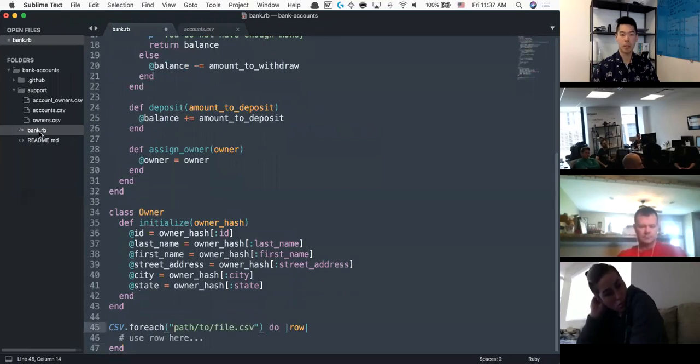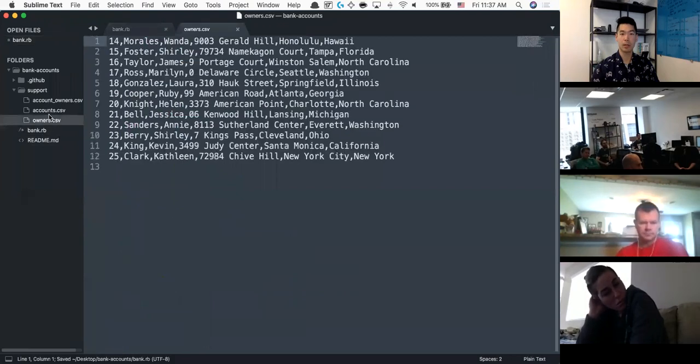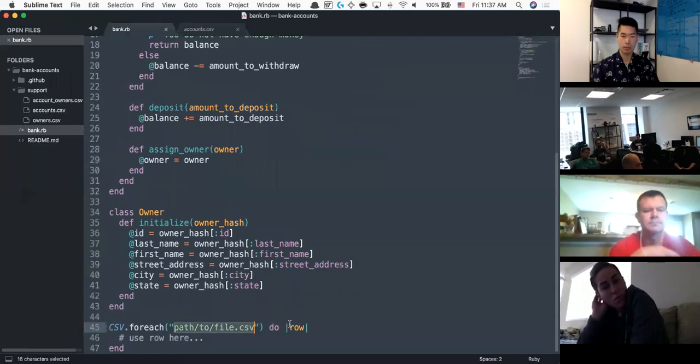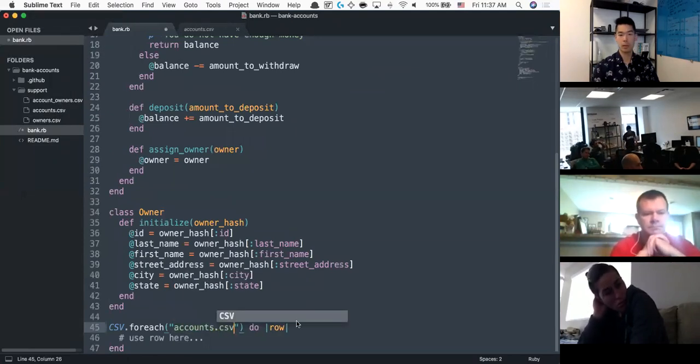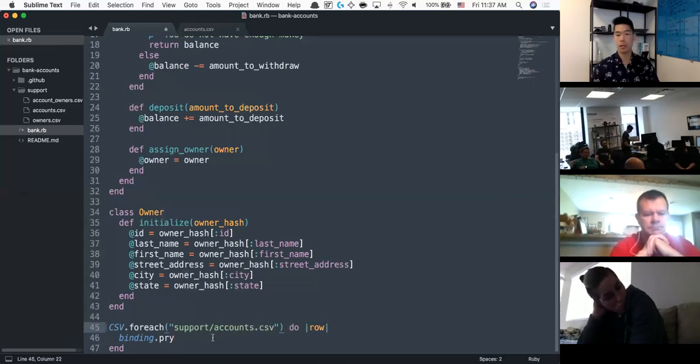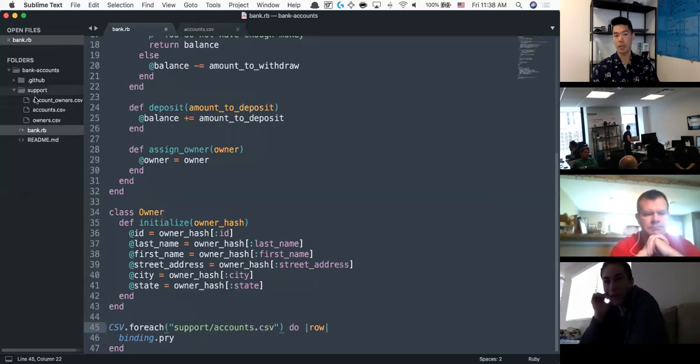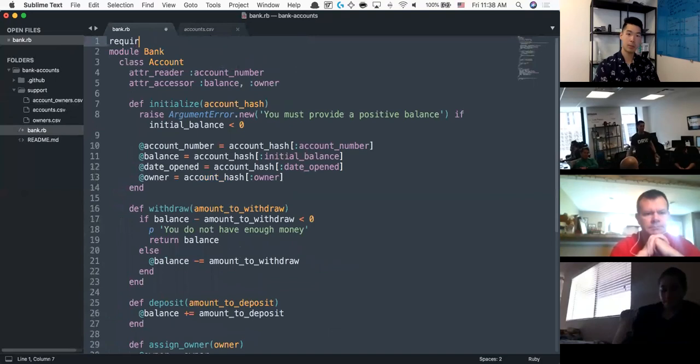So CSV for each path to file. I'm right here. I need to get to this. I believe it's called accounts.csv. And using that information, let's just put a binding parameter. What's that? That's in support. Yeah, you're right. I'm in the wrong place. So support/accounts.csv. If I close this, you can kind of see I'm at bank. The support folder is at the same level, but I need to go down one level to get to accounts.csv. Throw a pry at the very top,